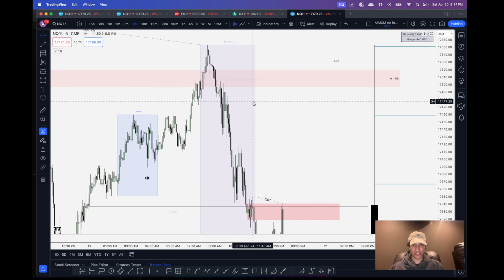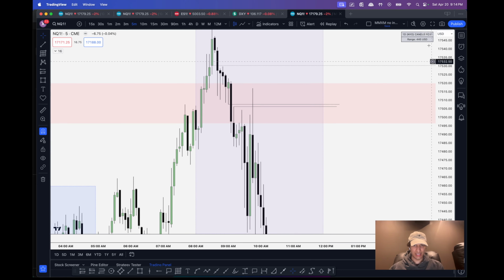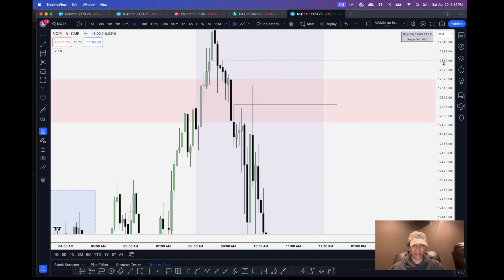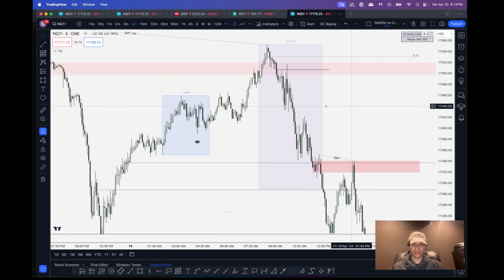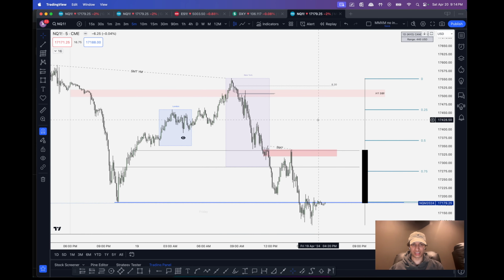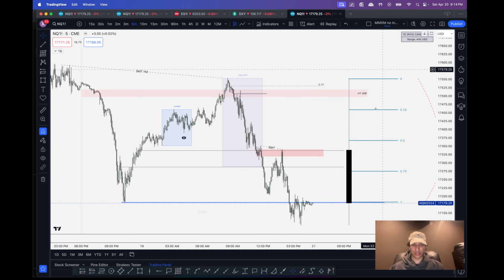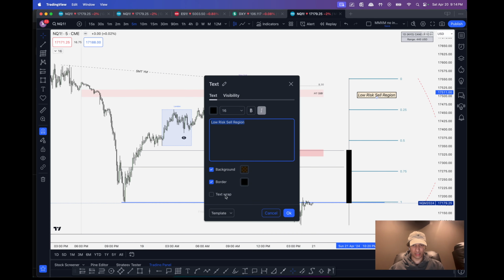If we zoom in, you'll see there's still a 5 minute fair value gap in there. More importantly, what we expect to see at this low risk sell, in between these two areas, which I will annotate here as the low risk sell region, let's get rid of this background as well,